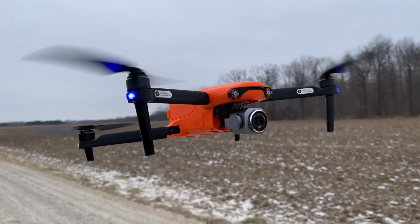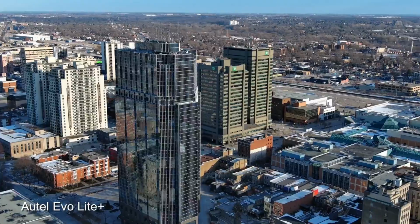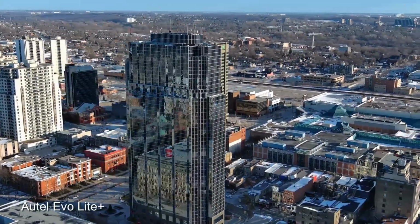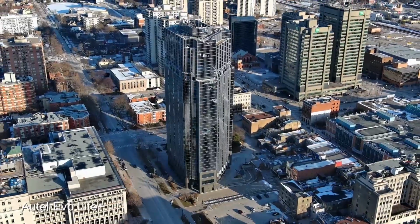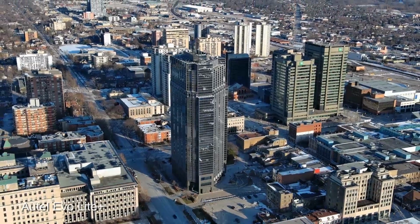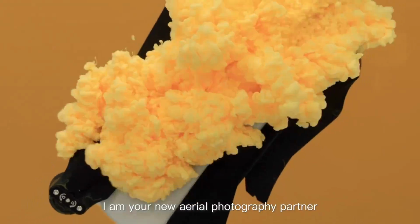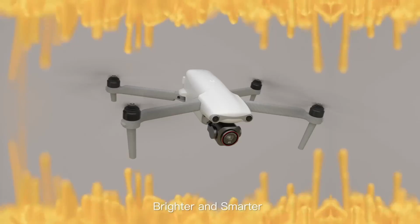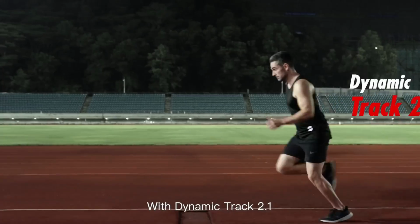The Evo Lite Plus comes with a 1-inch CMOS sensor and a 50MP camera that captures stunning 6K video at 30 frames per second. That's higher resolution than most drones in its class, making it a fantastic option for anyone who wants to capture ultra-high-definition footage. What really makes this drone stand out, however, is its ability to perform well in low-light conditions. With an adjustable aperture ranging from f2.8 to f11, you can capture breathtaking shots even during twilight or at night